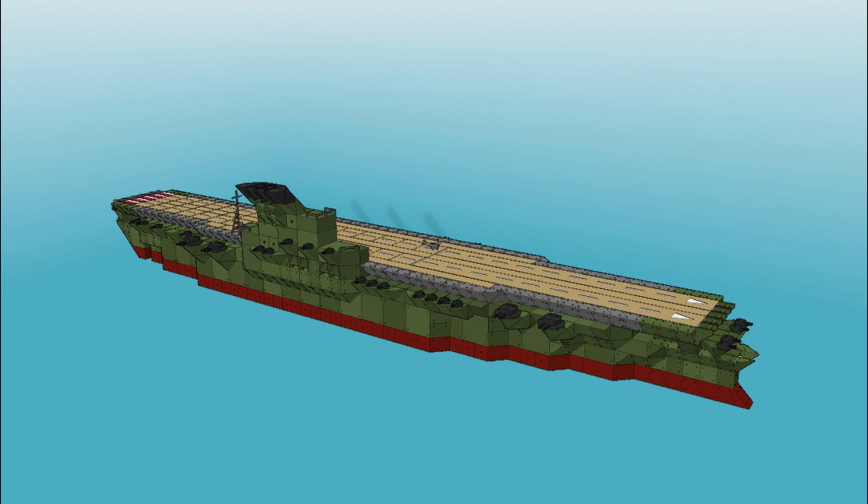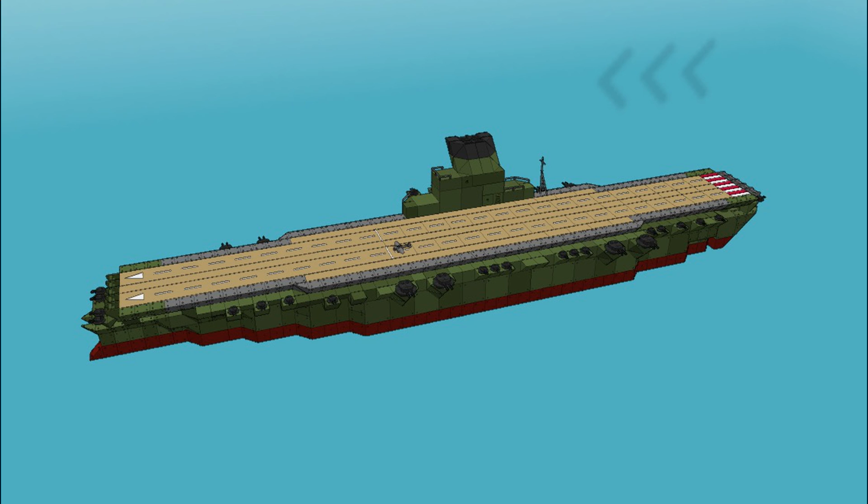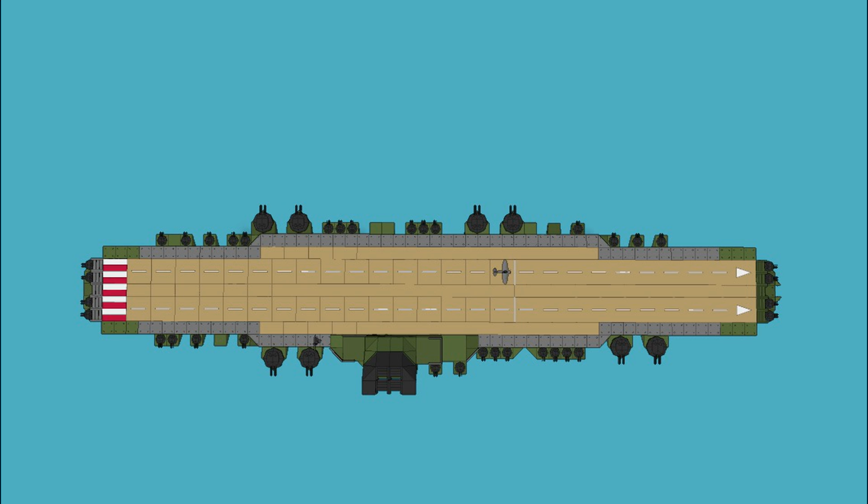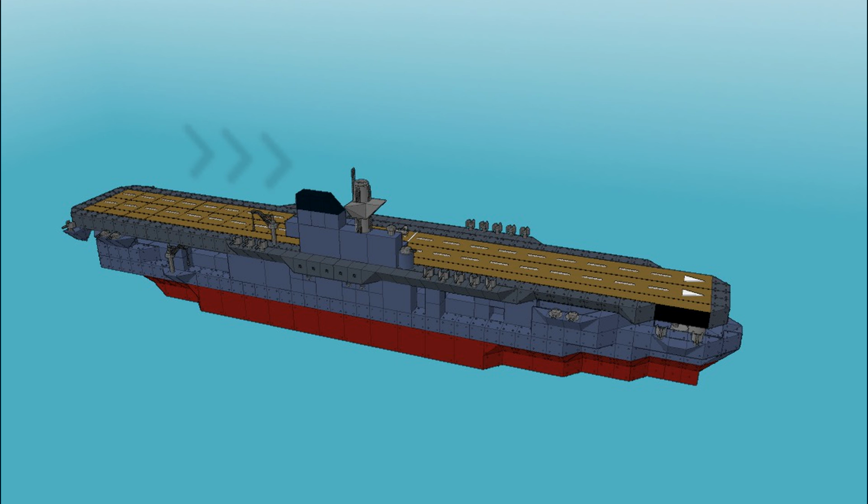Today, I will be discussing the components of an aircraft carrier and how you can make your own. Aircraft carriers are the glass cannons of a fleet, capable of dishing out precision strikes from great distances. However, these vessels are not heavily armored and are commonly escorted by other ships due to their inability to sustain